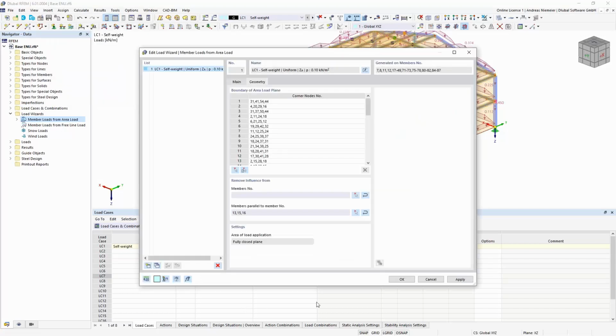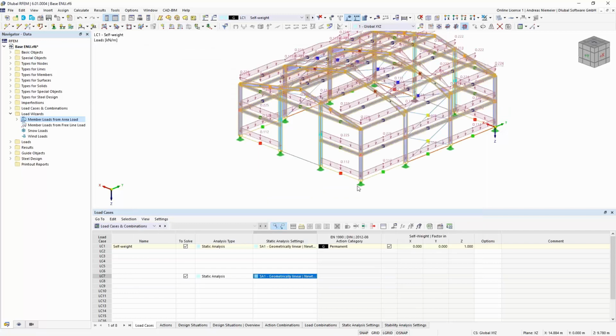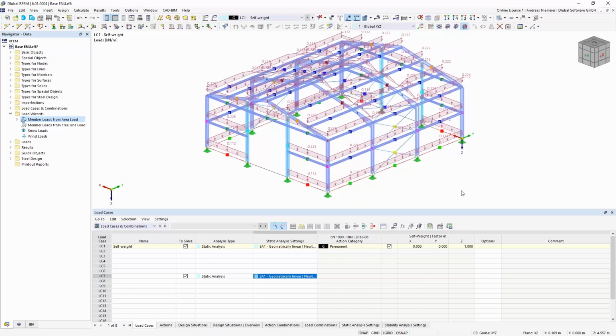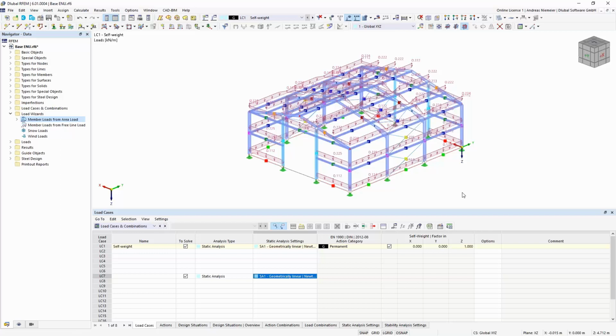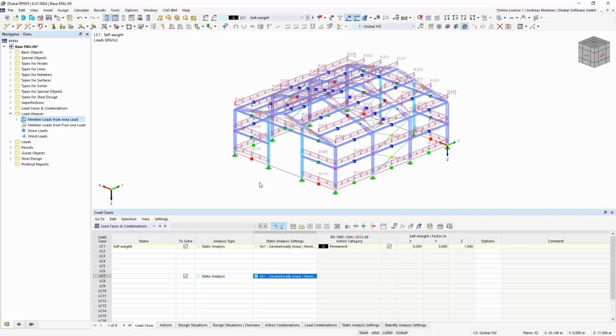If you confirm this, you will see the program will not load these vertical members and only this horizontal member. So this is possible, and you can apply loads on member structures quite efficiently with this function. But I want to show you today a smarter solution, or, let's say, one I like more personally.